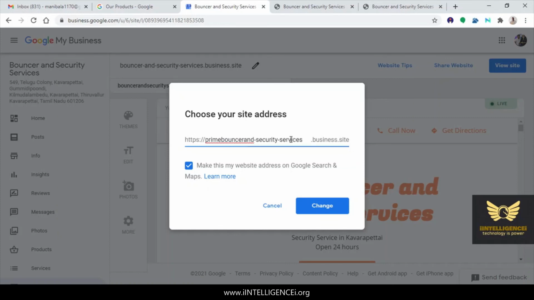See, Prime. Okay, we'll mark it as Prime Bouncer. That will be nice. Right, so primebouncer.business.site. This looks much better, right? So https://primebouncer.business.site. Right, now change it.